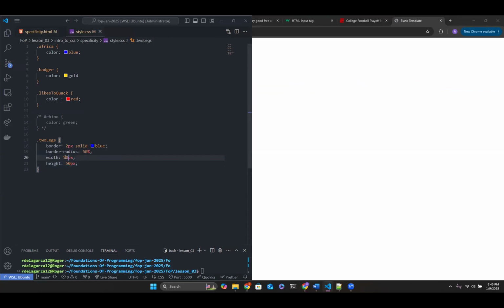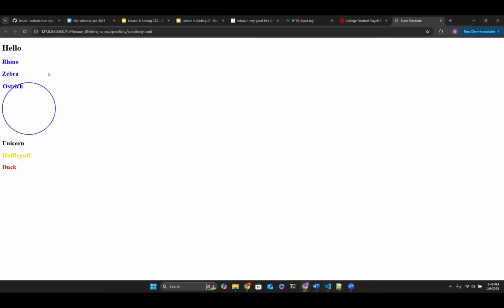Let's change it up to maybe 200 by 200 with 50%. There you go, we'll see the circle. That border radius impacts the corners and starts rounding it out. But everything here is a box. This is just a box that was formatted to look like a circle, but you start off with a box. Make sense?